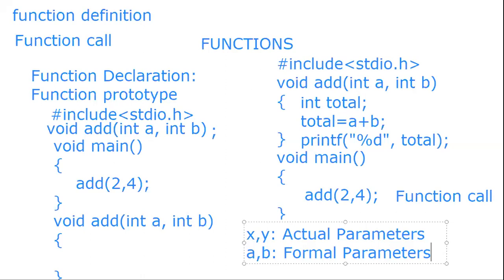Actual parameters and formal parameters will be stored in different locations. In case we give A, B and A, B, the actual A and B will be stored in, say, address 1000 and 2000, and formal parameters A, B may be stored in address 3000 and 4000. So actual parameter A will be different from formal parameter A. Formal parameters are used only within that function. They are local variables. So actual parameters are used within main, formal parameters are used in the function. Is the definition of actual and formal parameter clear?